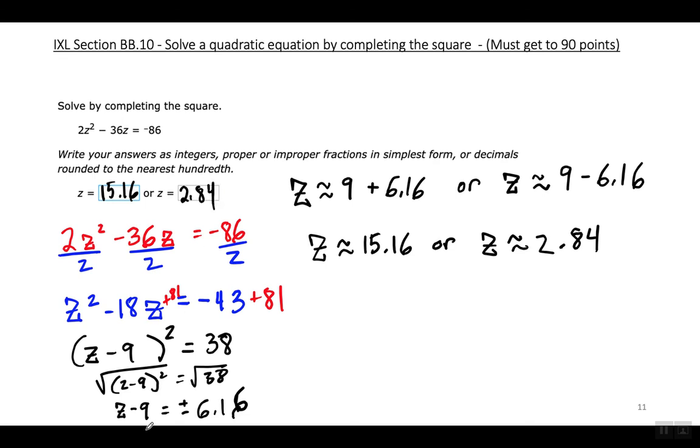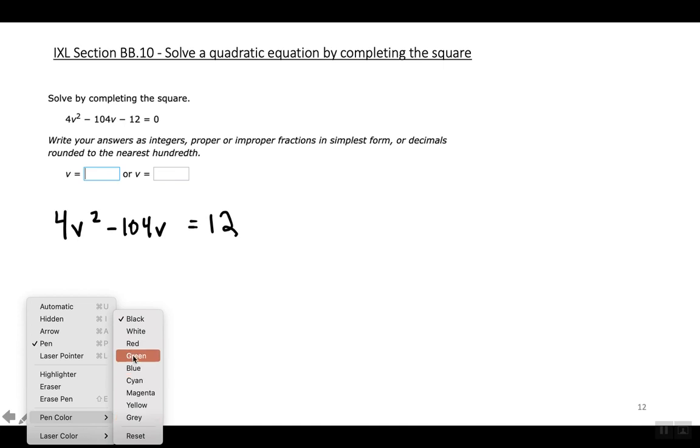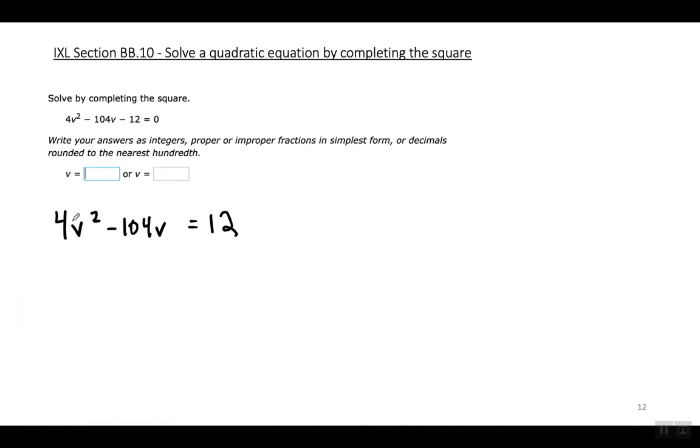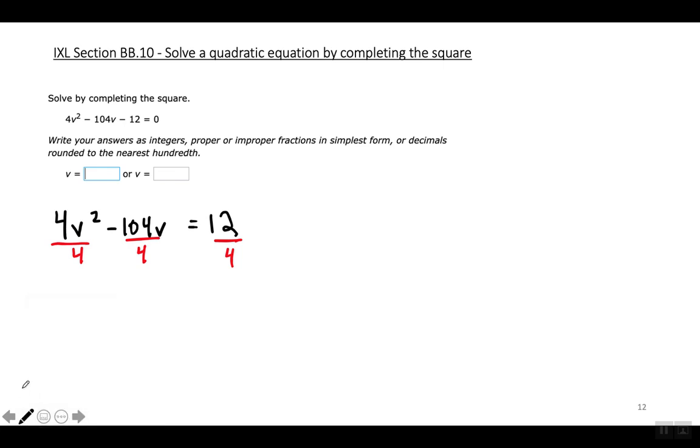Okay, and then last example. This is our last example. All right, so that I don't make the same mistake that I did that one time, I'm going to begin by moving the negative 12 to the right, making it positive 12, so that I don't forget later on. Okay, now I want a to be positive 1, so I'm going to divide every single term by 4. All right, dividing every term by 4 will give me v to the second power